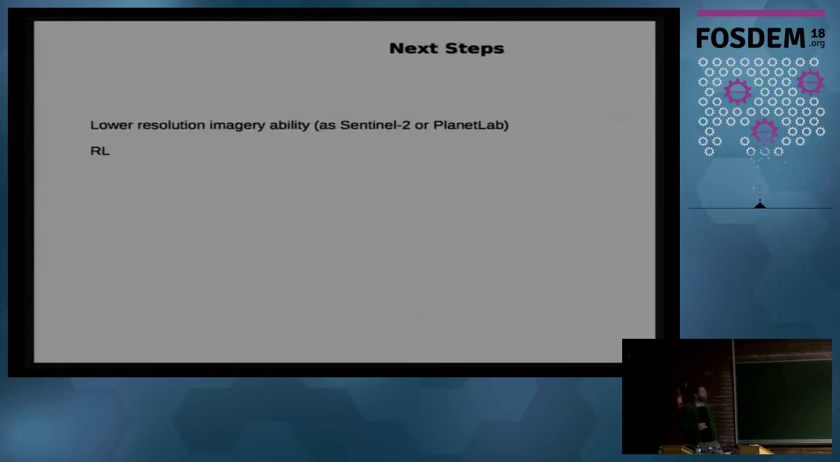What are the next steps? The next step will be to deal with low resolution imagery. There is, for instance, Planet or Sentinel-2 datasets, which are able to provide a wide world coverage, something like each day or each week. So it's a way to map every change on the ground worldwide. And the other is to have a feedback reinforcement learning with